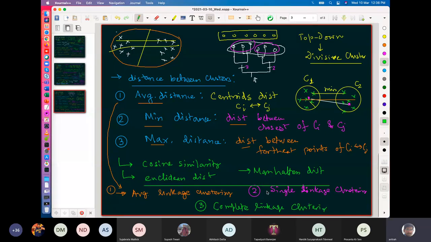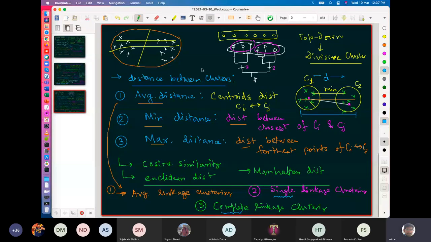Now you can see why the name single comes, because it's the minimum distance. So at least there is a single link within that distance that connects these two. If you allow that minimum distance, there will be at least a pair of points that gets connected. So it is named single. Why is this complete? Because you are allowing the maximum distance that can be possible between two data points given to you, which means all other data point distances are less than that. So if I say the maximum data point distance is this, then all other data point distances fall inside this range. So it's a complete distance measure kind of thing. So people give the name complete linkage.